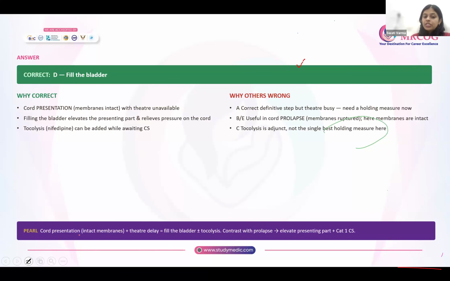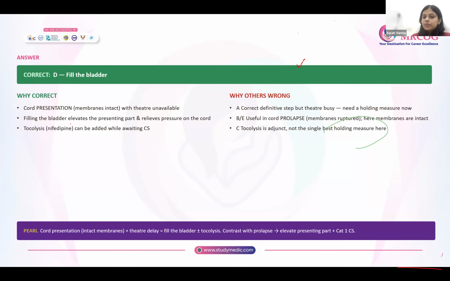Yes, cord presentation with intact membranes and theater delay, fill the bladder plus minus tocolysis. Contrast it with prolapse. Here it is cord presentation. In contrast with prolapse, elevate the presenting part plus category 1 CS. Here fill the bladder plus minus tocolysis can be considered. So this is the contrasting point which we have to keep in